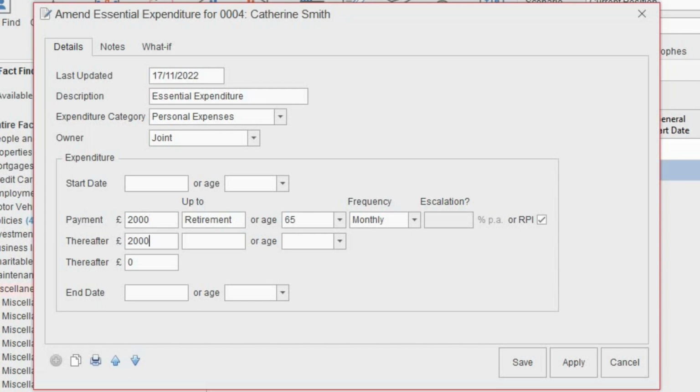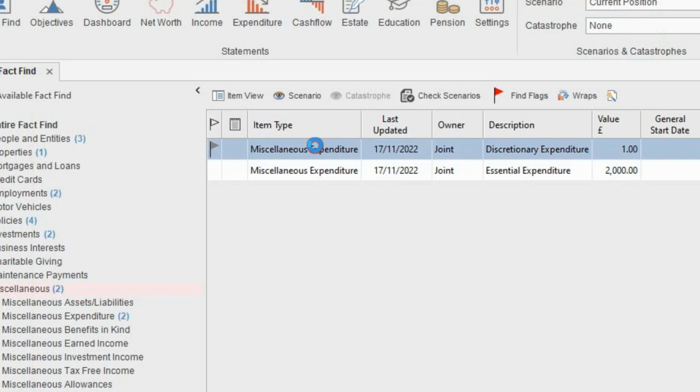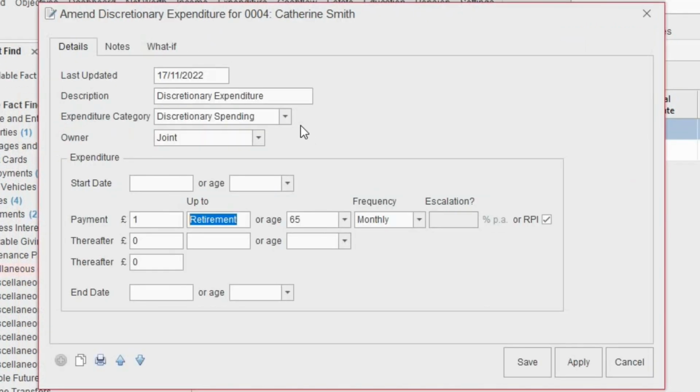We can also specify here a rate of escalation for our expenditure. Let's assume our spending will increase with inflation. Now let's enter some information about Kath and John's discretionary spending. Let's assume a simple 50-50 split between essential and discretionary expenditure, and enter the same £2,000 here that we entered